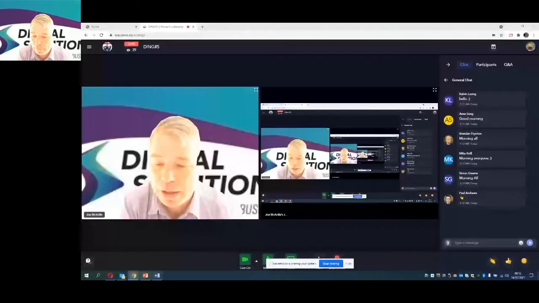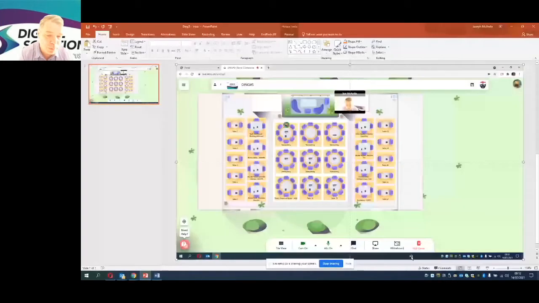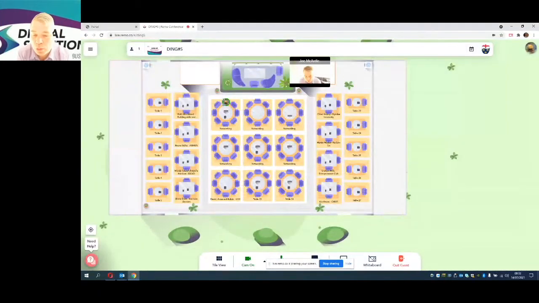Just before we do that, I recognize some of our guests may not have used the Ding platform before, so I'm just going to quickly show some basic rules of using it. Excuse me while I share my screen. This is what the room looked like when you logged in.